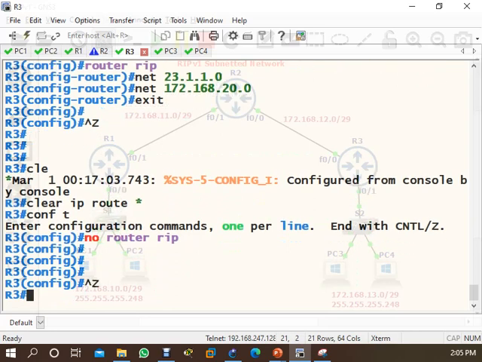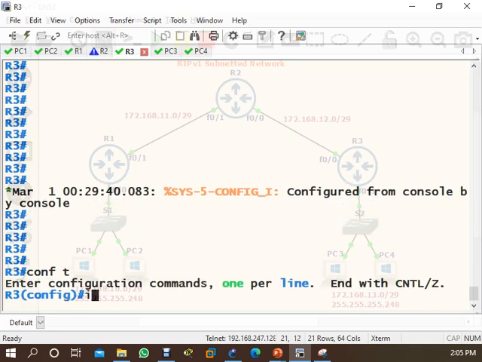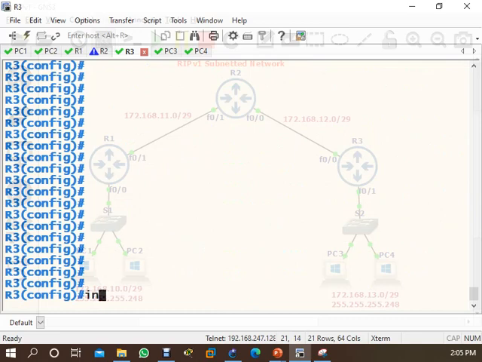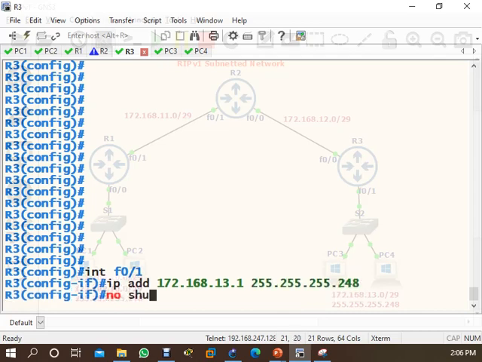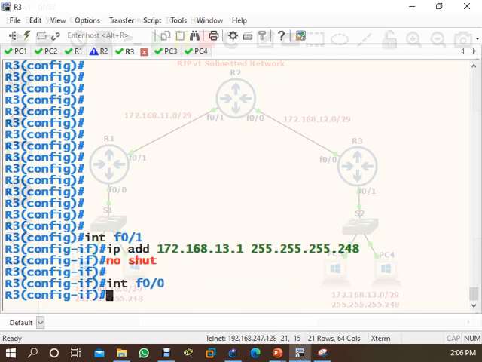R3, interface f0/1, IP address 172.168.13.1, right?